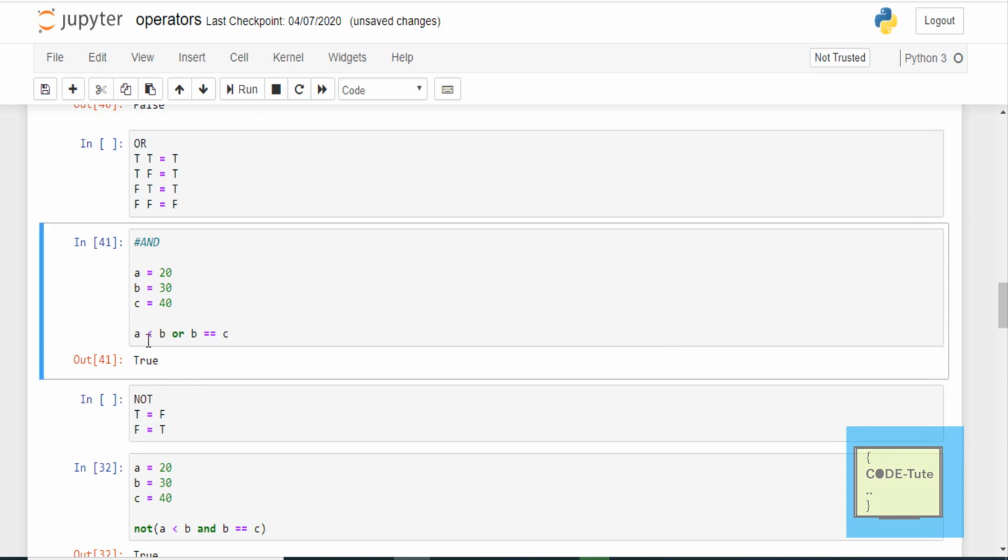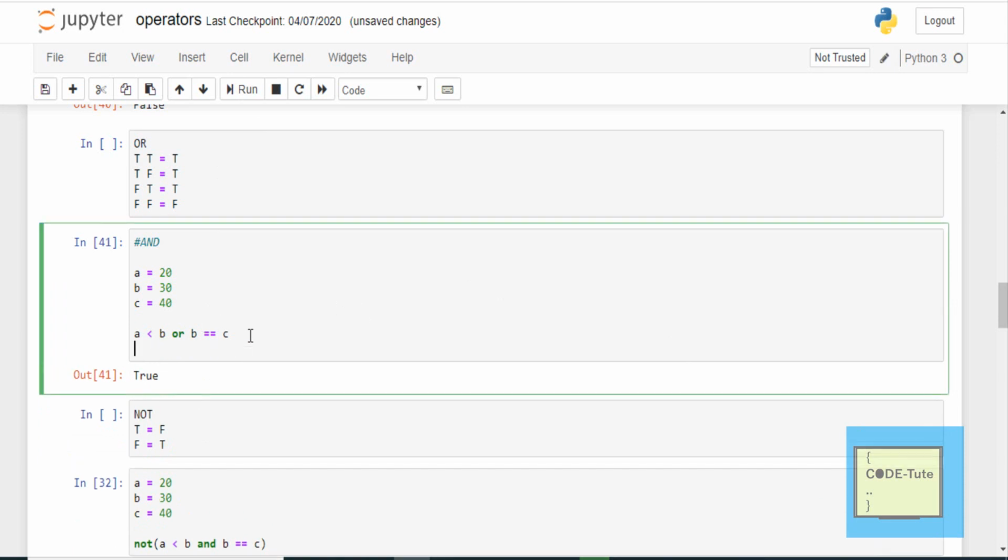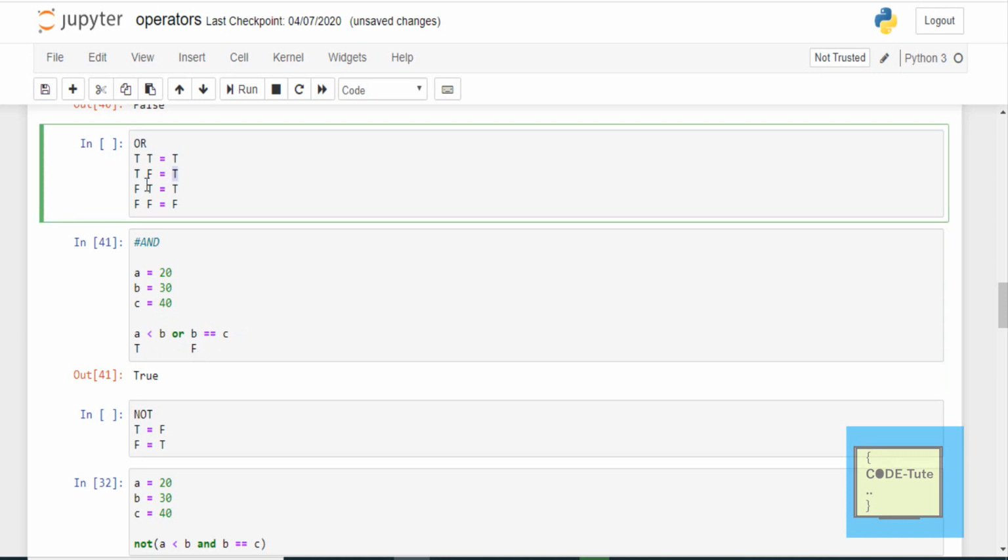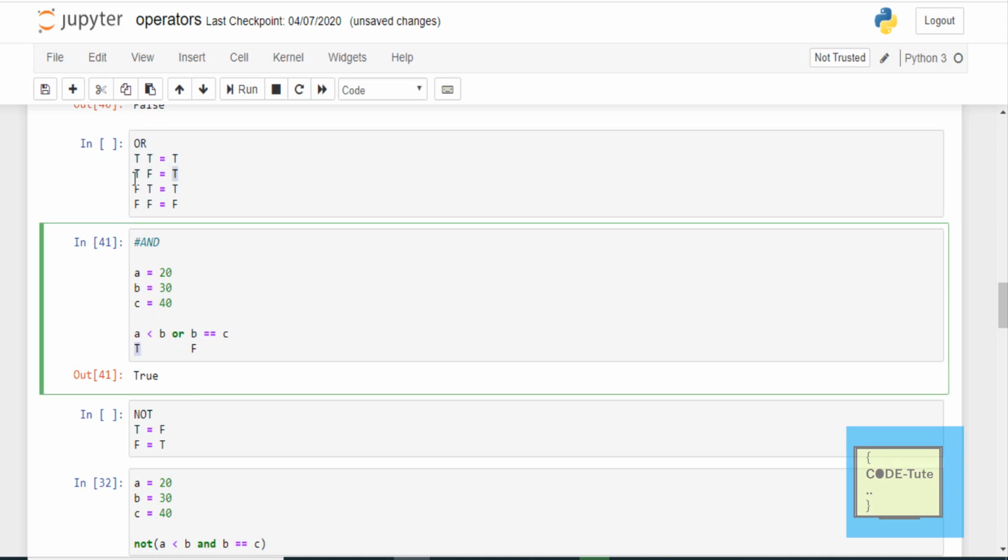So 20 is less than 30, the output is true. B is equal to C? B is 30, C is 40. They are not equal, so the output is false. But our truth table suggests that if any one of the statements is true, then the output is true.